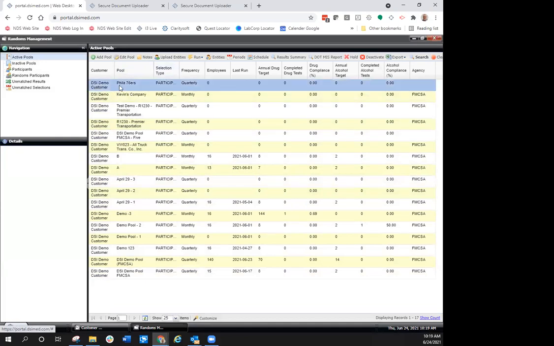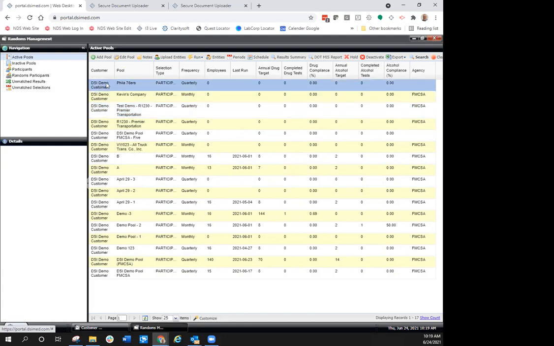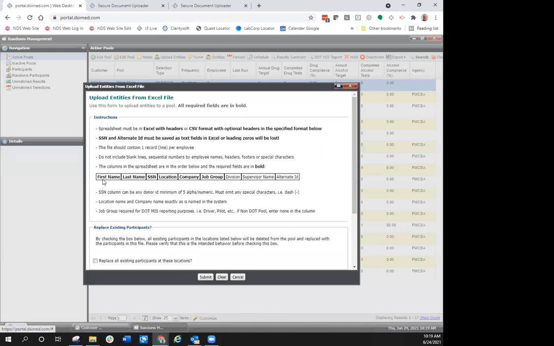You might have a DOT pool. You might have a non-DOT pool. Maybe you have a union or a hair testing pool. That's all you're going to see is your particular pool. Okay. So once the pool is set up, you will see this here. You'll work with the DSI randoms team, and they'll get the pool set up from the information that they currently have. If you are in the habit of uploading your own employee lists, you can do that here right in the system. So you can say upload entities, and the DSI customer service randoms team will provide you a